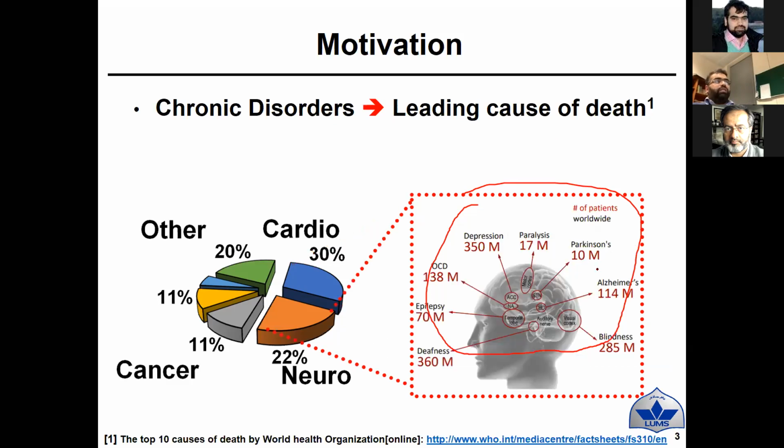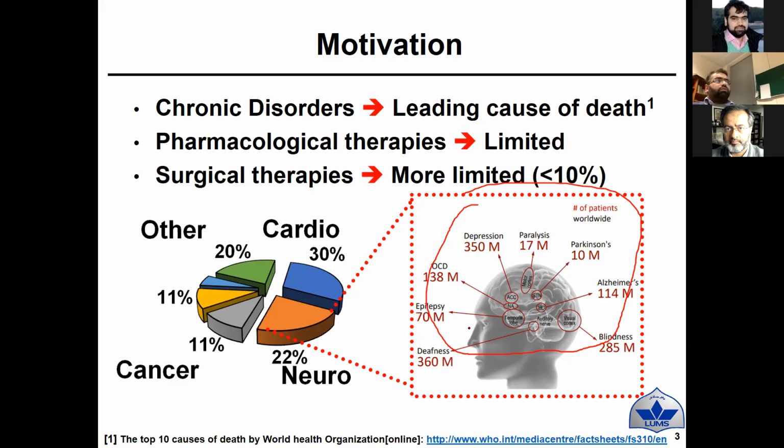The second thing is neurological disorders. And neurological disorders are the same. It's not only one disease, it's a whole spectrum of different disorders, ranging from epilepsy, OCD, depression, Alzheimer's, autism, blindness. All of these are there, and each individual has their own patterns. Each individual has their own symptoms, and each individual is going to have their own cure path. So it's not that simple, and because of this lack of simplicity, we are yet not able to solve those things.